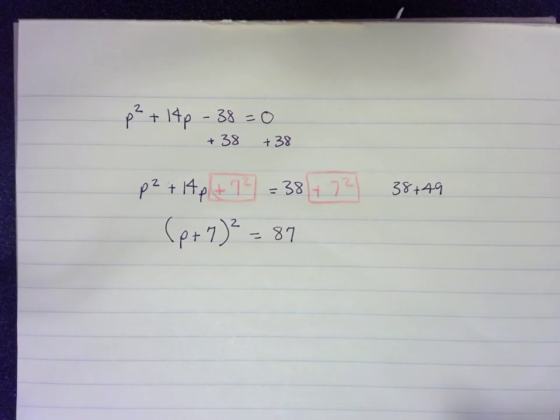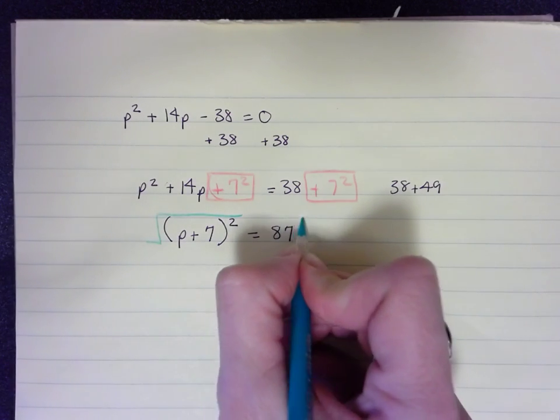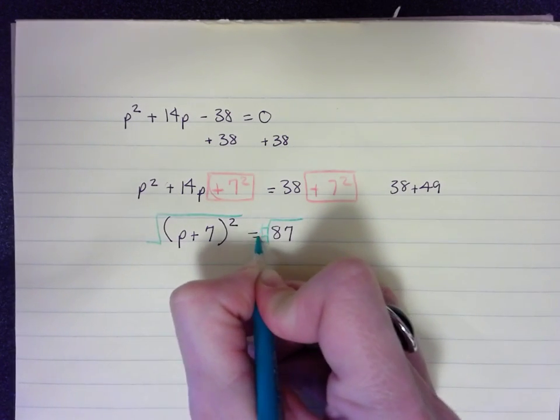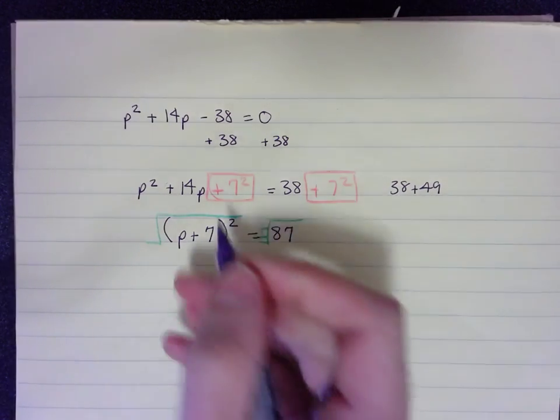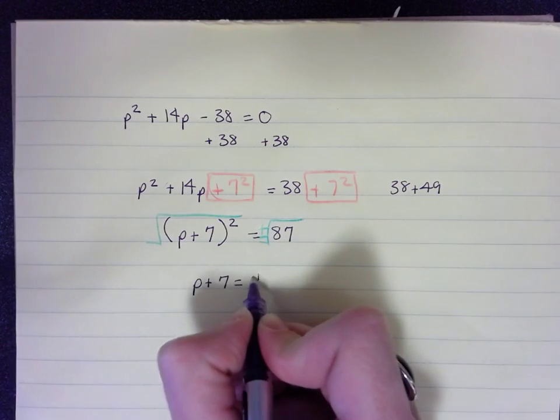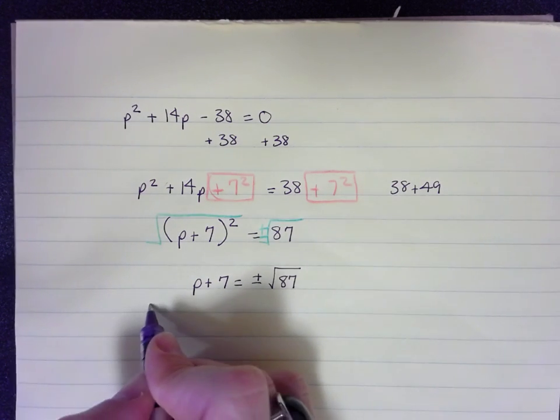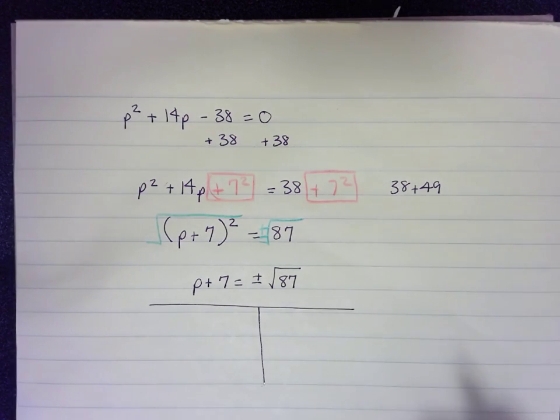And now I can do my square root property like I did before. The square root of both sides. Don't forget my plus or minus. So my answer is going to be p plus 7 equals the positive negative root 87. Now I'm going to be able to set up my trusty t-chart, and I can actually solve